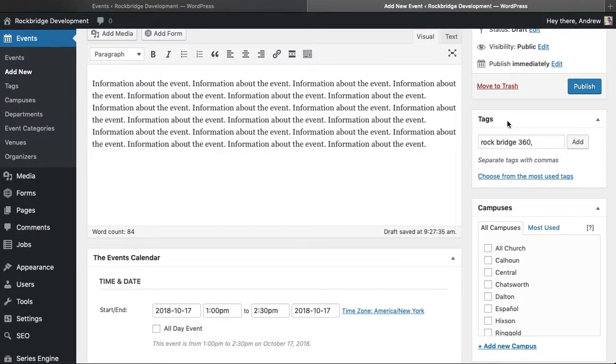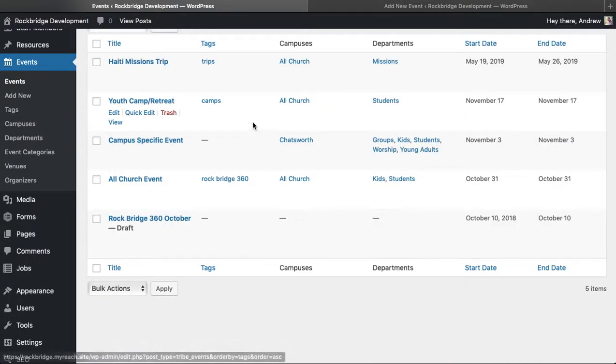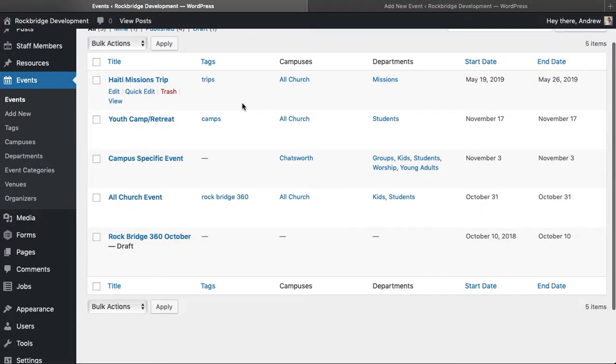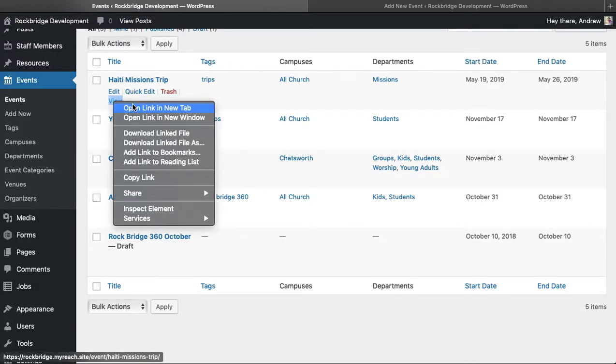Remember, we're talking about tags over here on when we're adding an event. So I have a few tags set up, and whatever tag you use will determine the display on the front end. The first thing here is I have a missions trip, and I have the tag set to trips. And so when a missions trip is put in,